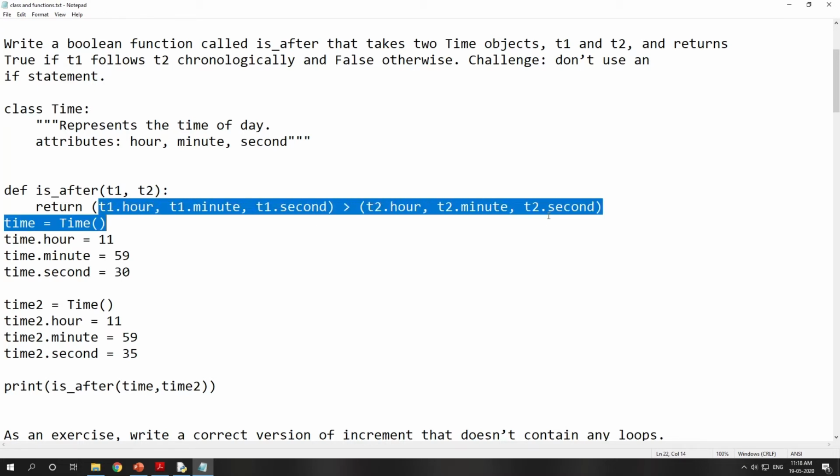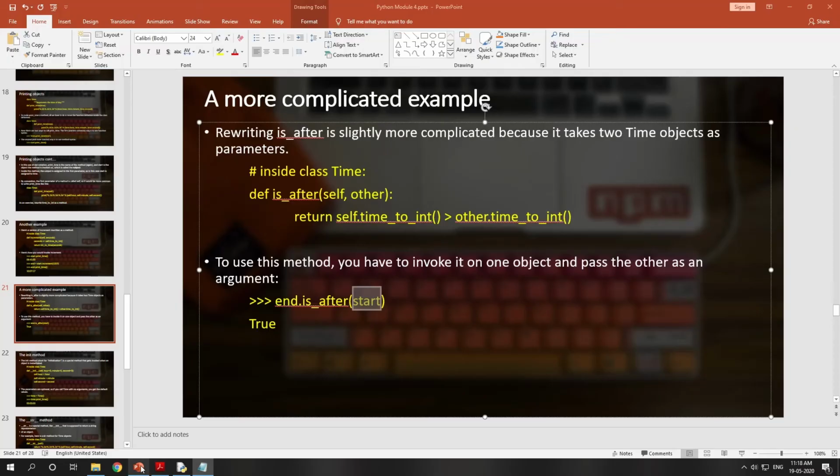Time 1 is compared with time 2. So what we are doing is calling one object called end, which is an object of the class Time, and start, another object of the class Time.